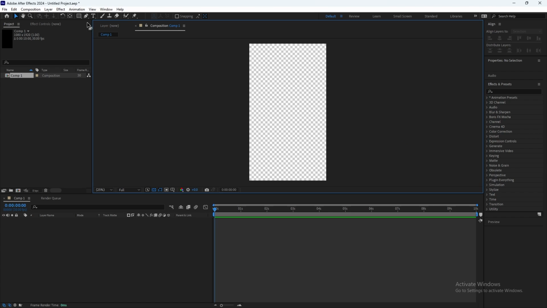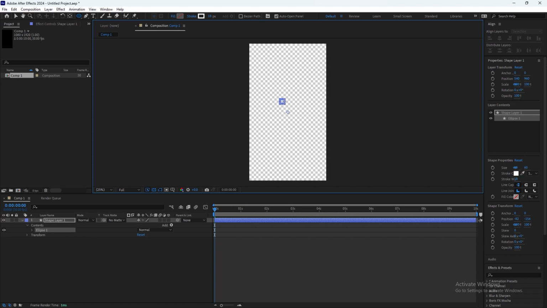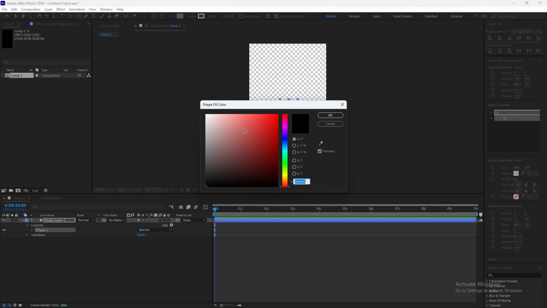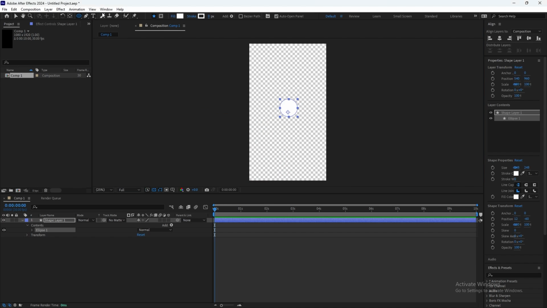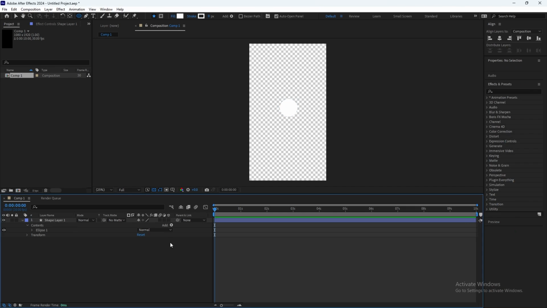The first thing we need to do is get an ellipse tool, hold shift and drag it so it will be a perfect ball. Then just fill, let's do it white, and remove the stroke.